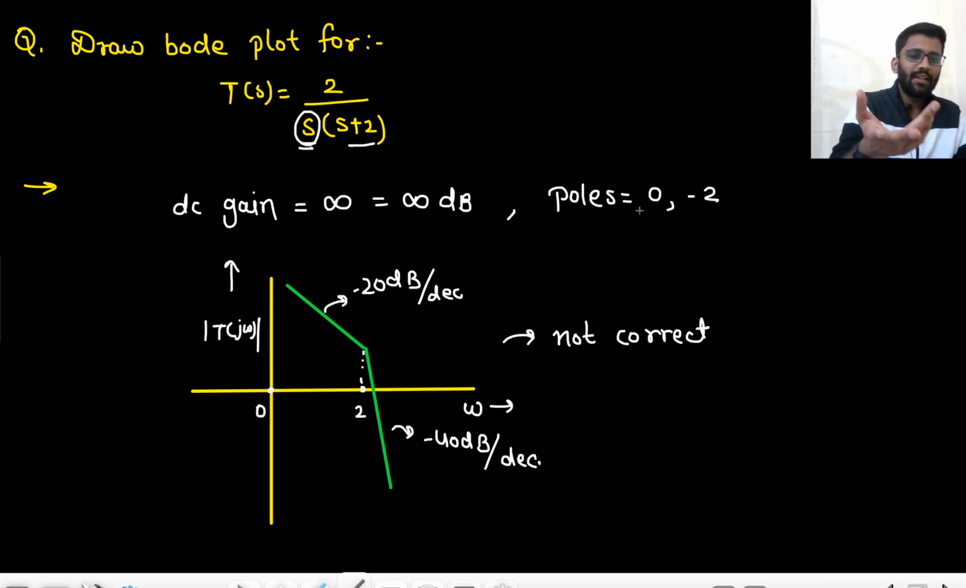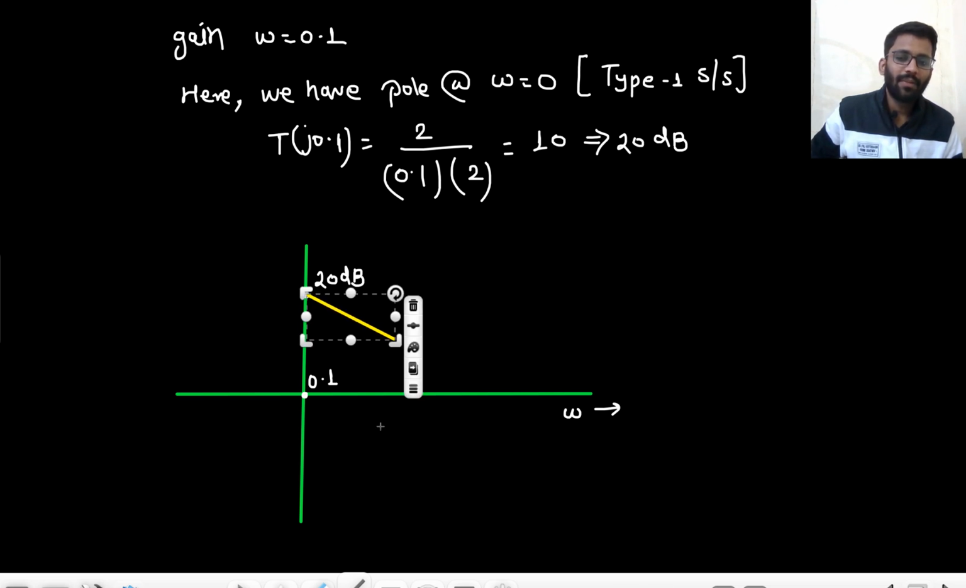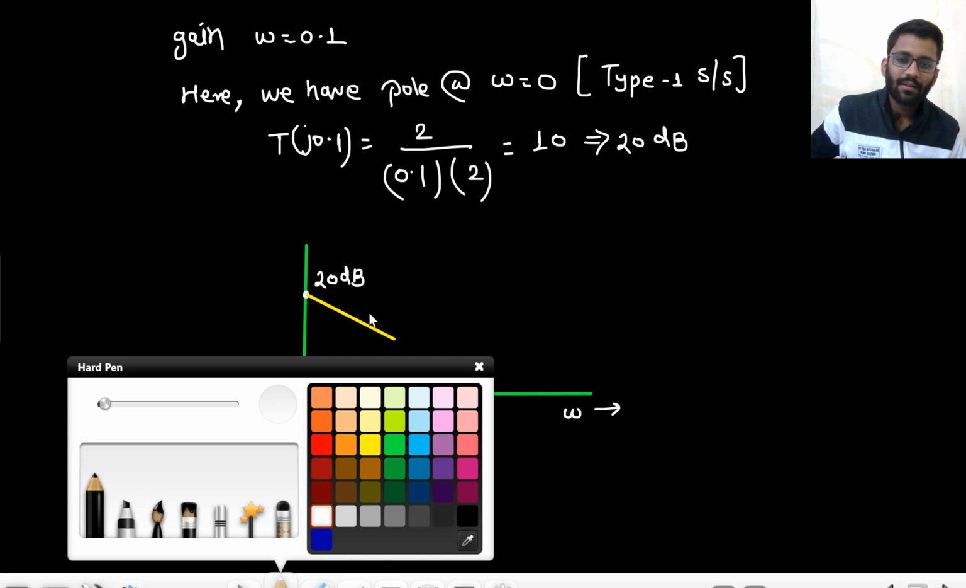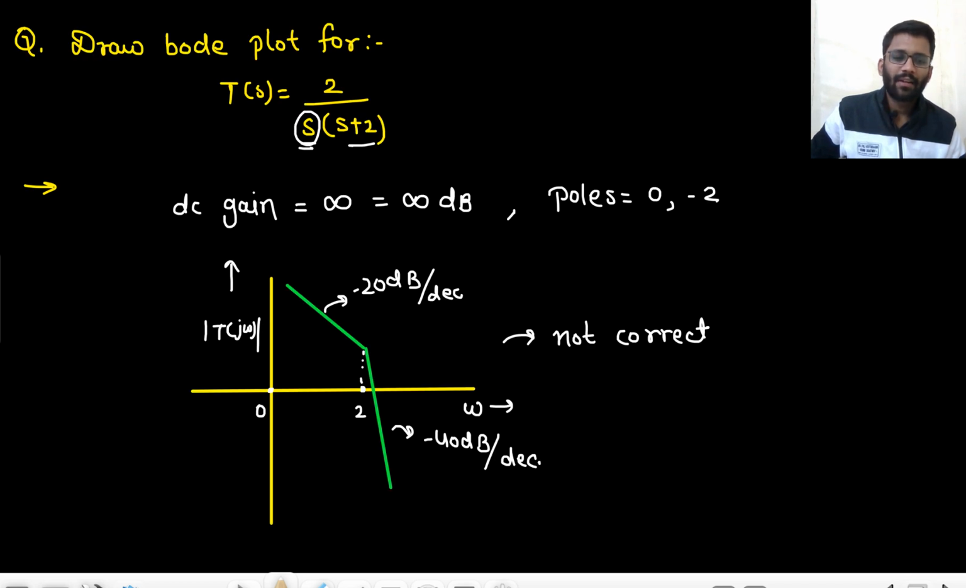Yeah, so initially I am already having a pole. That means as omega goes to 0, I am having a pole, so I will have minus 20 dB per decade. Okay, minus 20 dB per decade, and then at what, at 2,